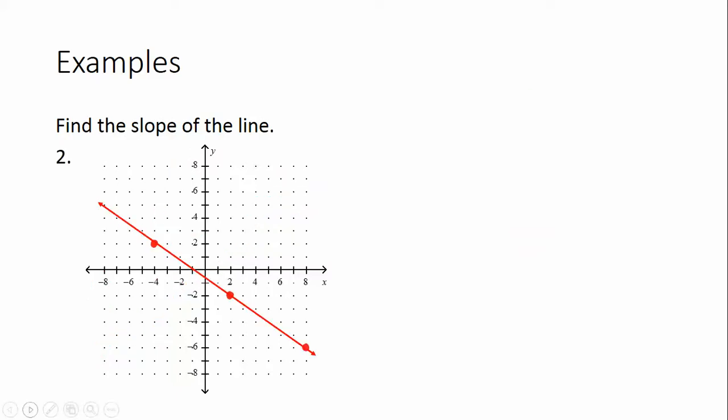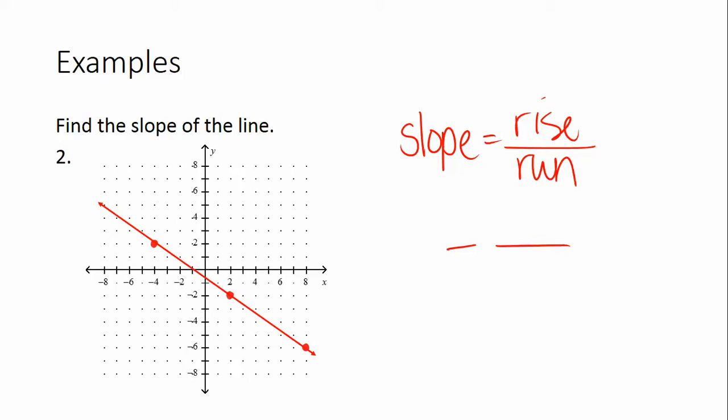Let's look at another example. Hopefully here you're recognizing right away that this slope is negative because it's going in the negative direction. And that's just something you have to know. So here, slope, it's still rise over run, but this time our answer is going to be negative. And I still just do the counting like normal, and then I just remember to put the negative sign on